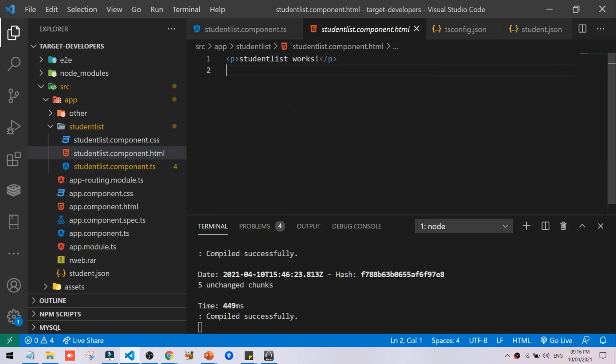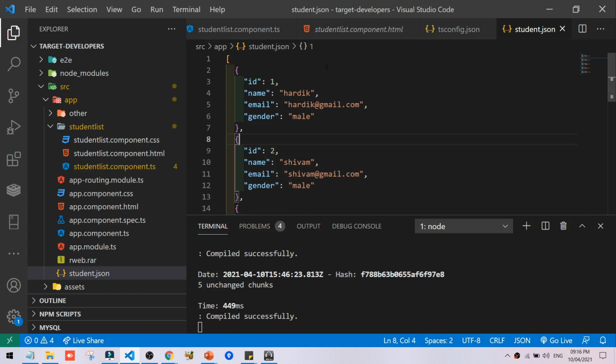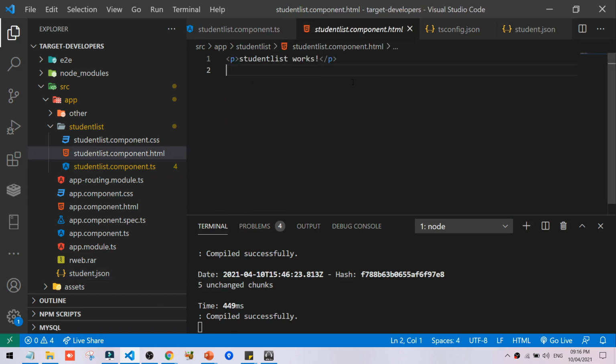Here we have to fetch all the JSON values in our HTML file. So we write the code here, guys. We are making a table, guys. In table format, we have to display all the student details. So we are making a div here, and giving it class container.